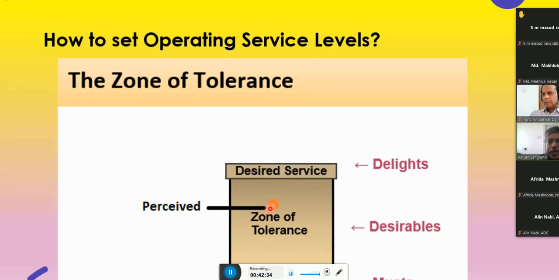If we are here, our tendency should always be to move towards the desired level. In a very small experiment, in an individual branch, this will tell you where you are lying as perceived by the customers, which is very, very important.